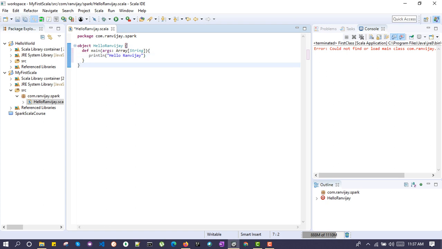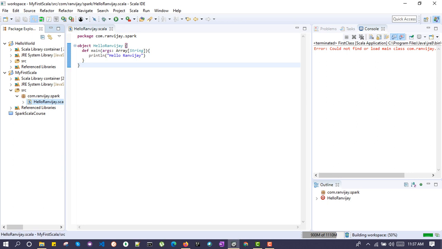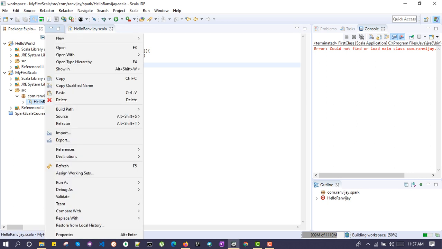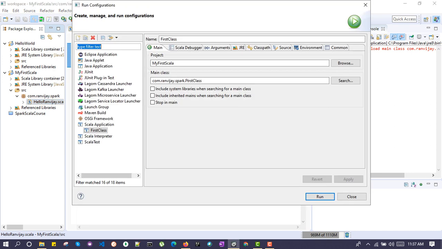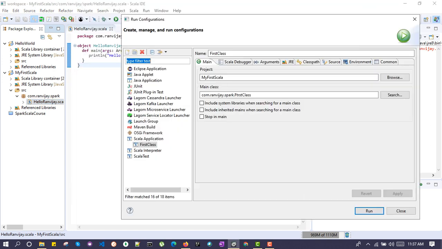Now save this, and to execute we need to build some run configuration. Right click, run as, run configuration. A pop-up should come. In this we need to give any name for this configuration. Let's say Hello Ranvijay.